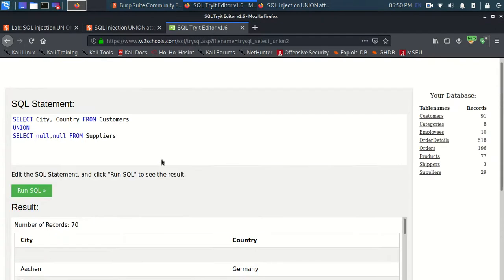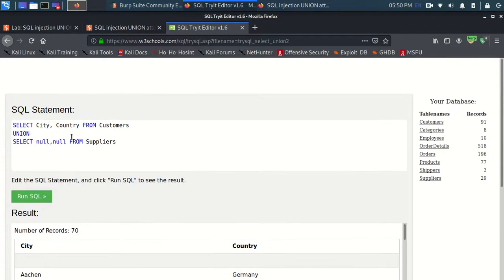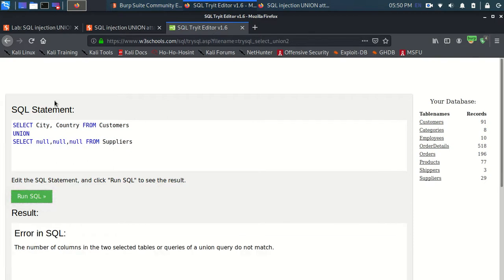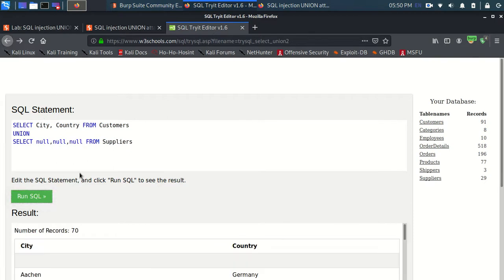Again, when I do null comma null comma null, that is three nulls, and I run this, I get an error. So from this I can say that the number of nulls should be equal to the number of columns returned by the query, and the query, as you can see, returns two columns. So from null you can determine the number of columns.